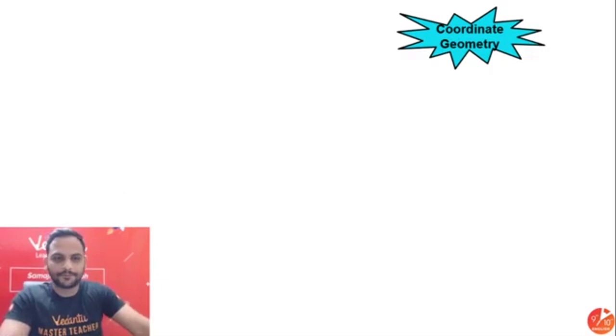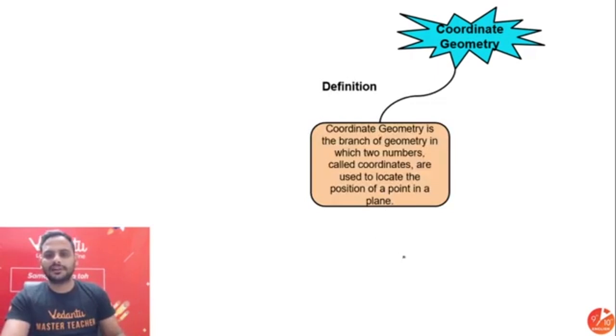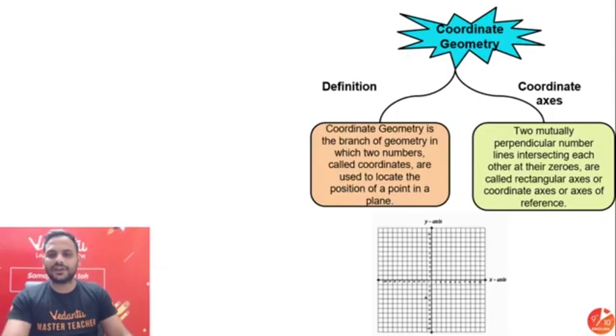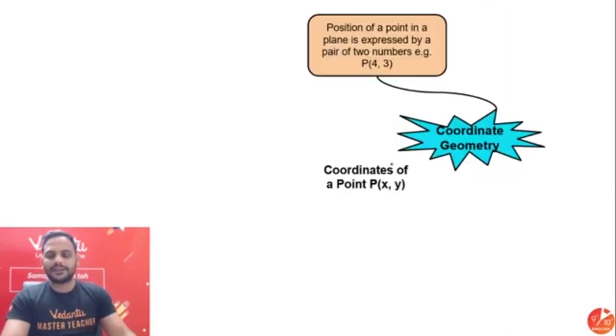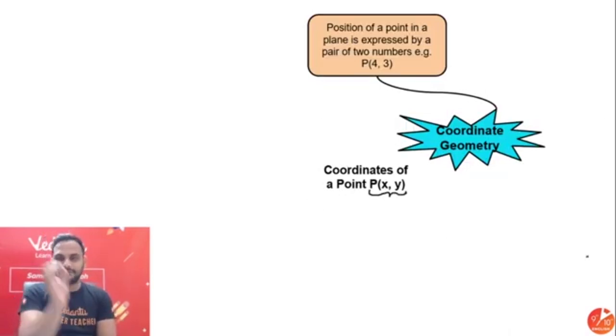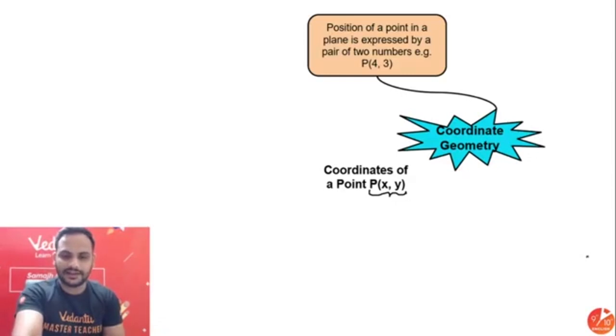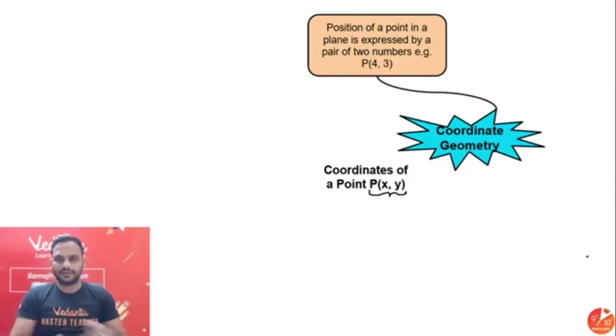So first topic we'll be discussing is your coordinate geometry, right? So in coordinate geometry, first thing, what is coordinate geometry? It deals with the coordinates, location of a point and all that. Okay, coordinate axis, two axes mutually perpendicular to each other. Horizontal one is x-axis, perpendicular one is y-axis, right? Then coordinates of the point, any point, we write it in the form of x comma y. Always we will be writing x coordinate first and then we will be writing y coordinate, right? So suppose 4 comma 3, in which x coordinate is 4, y coordinate is 3.